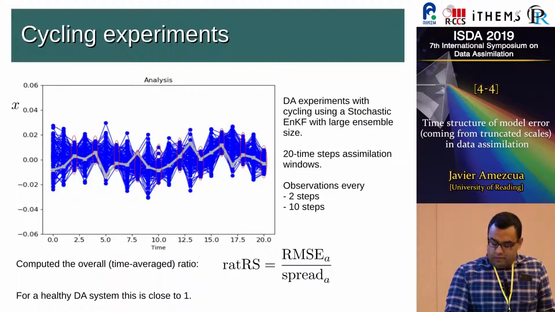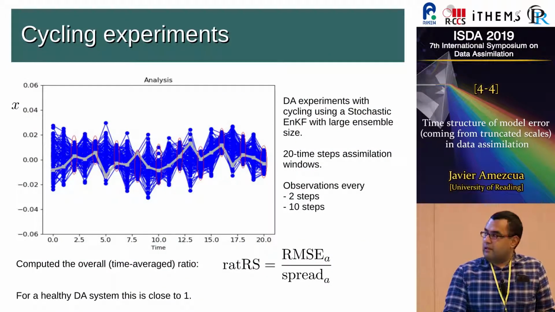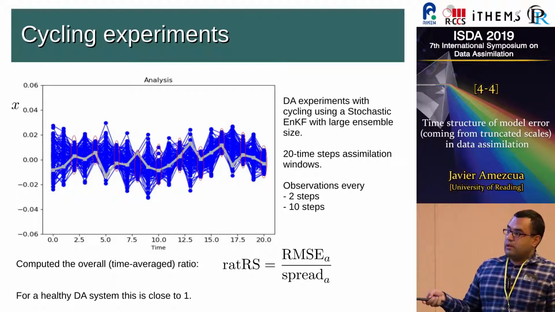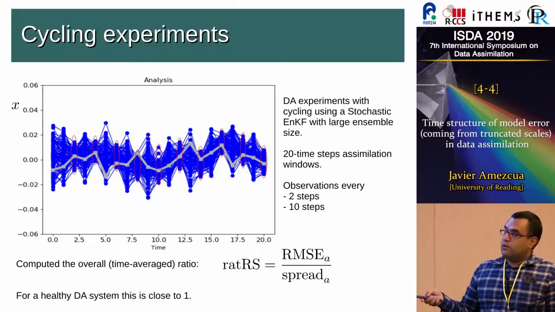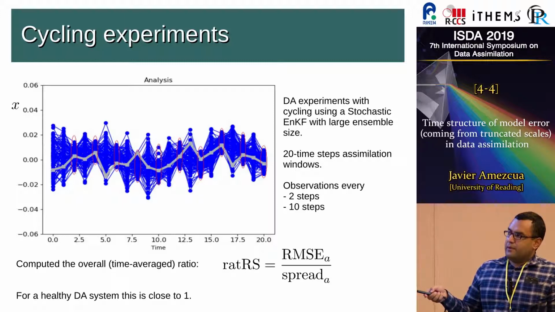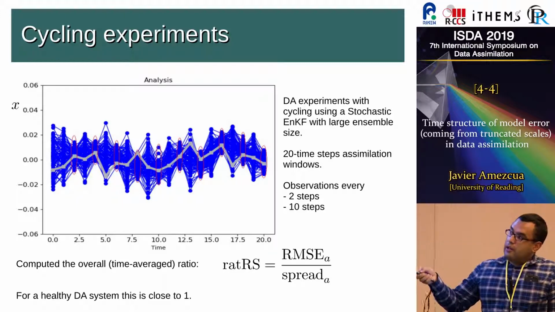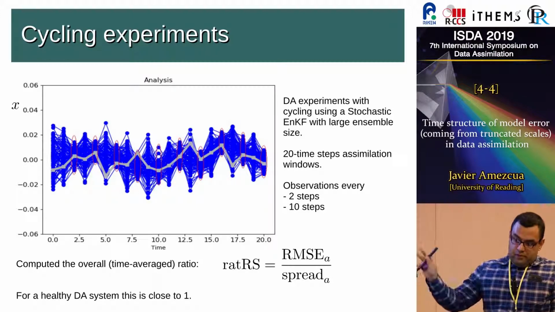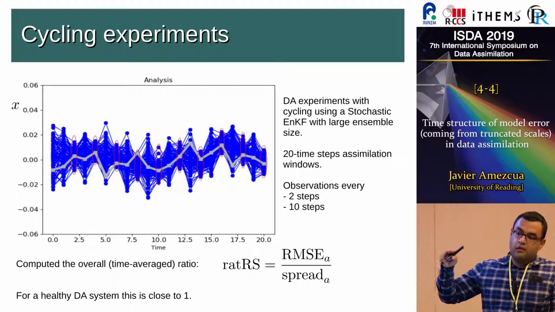Haunan then did some cycling. This was just a simple illustration in one assimilation window. So this is, for example, a 20-time assimilation window, with a different number of observations. In particular, here he took 10 observational instances, and it's an ensemble Kalman smoother. And here he played the game of